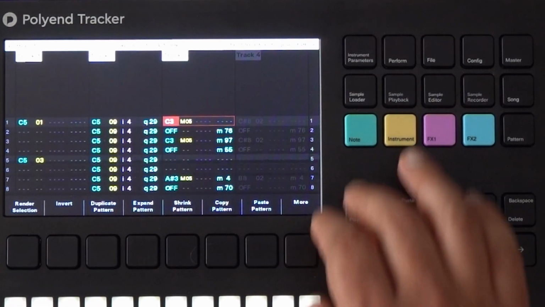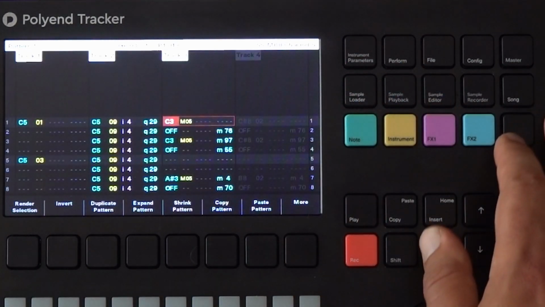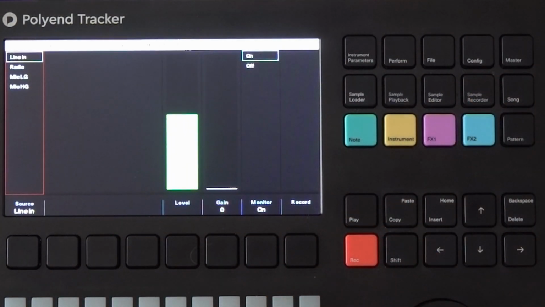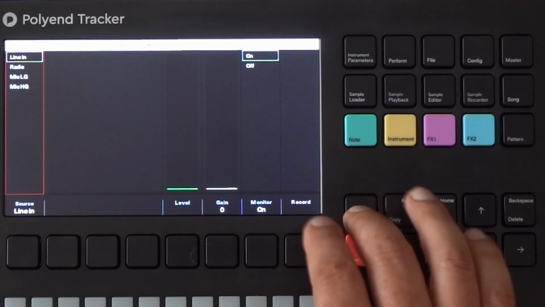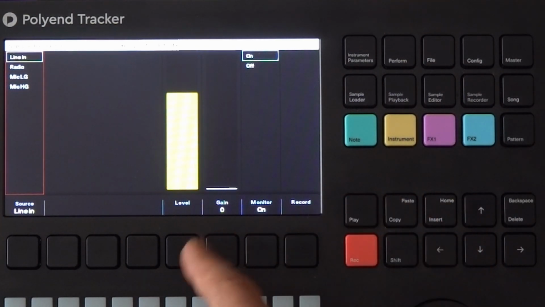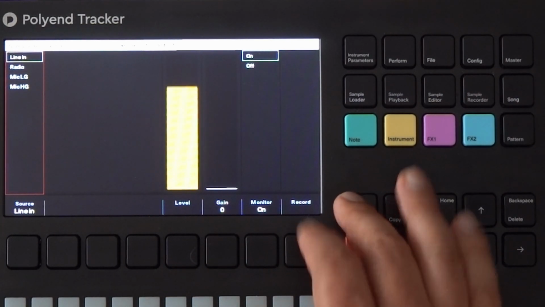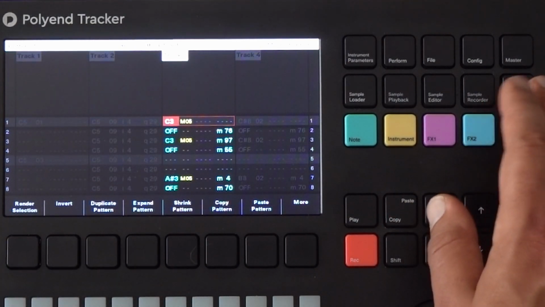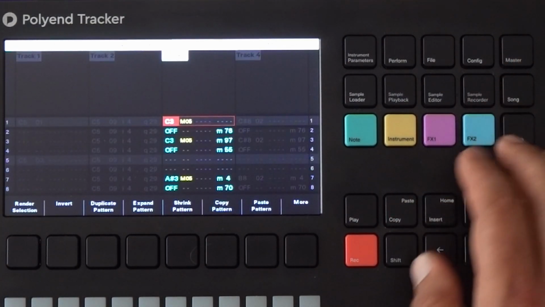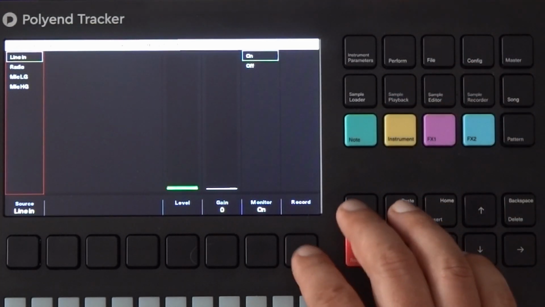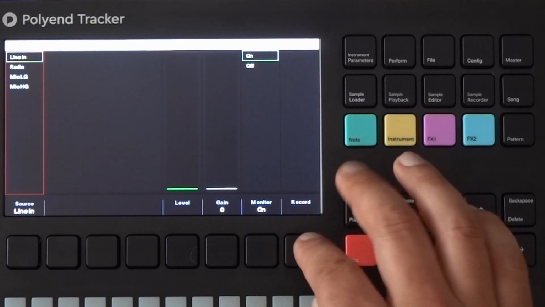So if I go here and I'm playing samples and I go to sample recorder, it stops the pattern. If I try and play the pattern from here, it won't play the samples, but it'll let me record the MIDI. So that's nice. I just usually mute all the samples anyways. So now what I'm going to do is hit record, hit play,